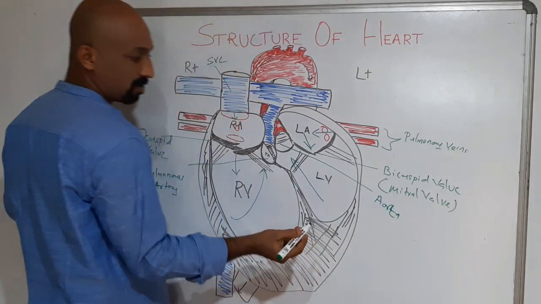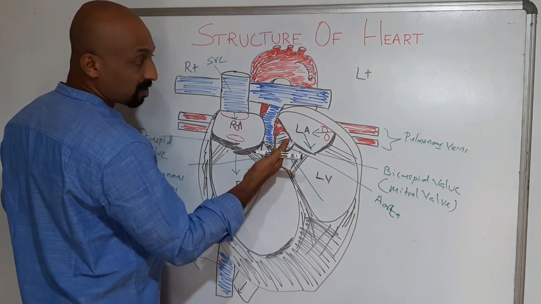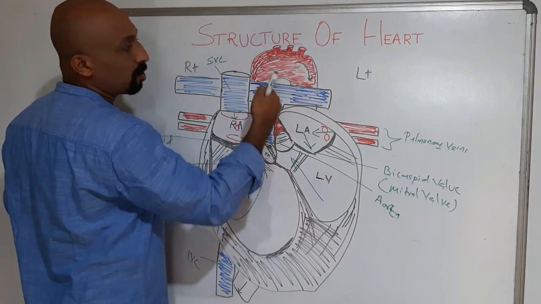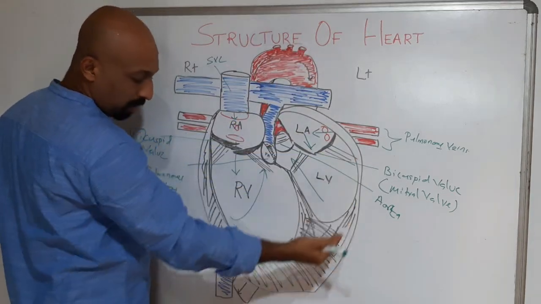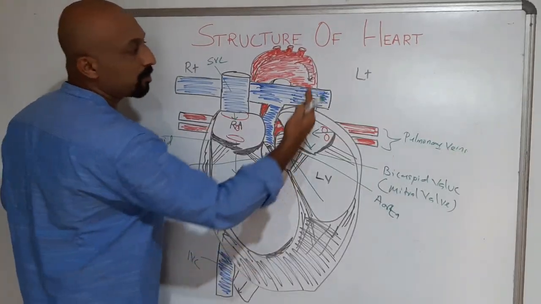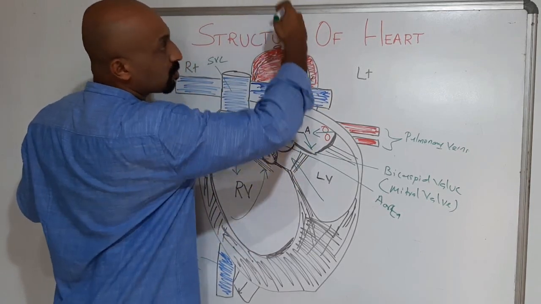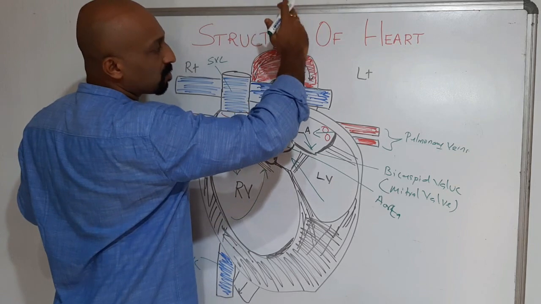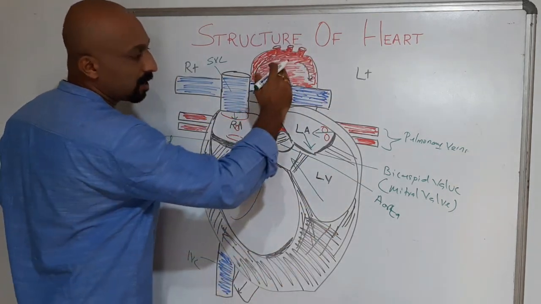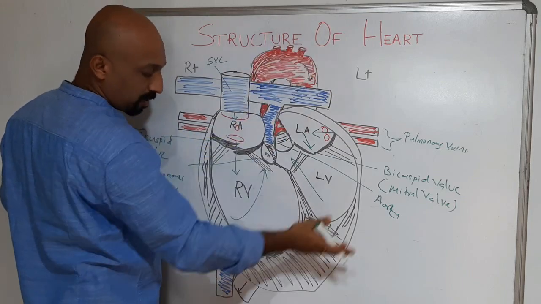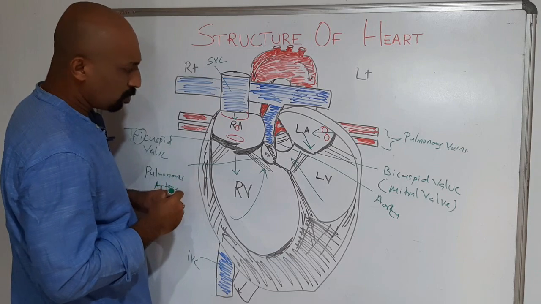Aorta is a great vessel. These are two great vessels. This is one of the great vessels which carries oxygenated blood; that's why I have drawn it in red color. So through the aorta, it goes to different vital organs in the human body. The brain takes 25% of the blood, so it goes to the brain structures in the top part, and the balance goes to all the other vital organs through the aorta and reaches different parts of the body.